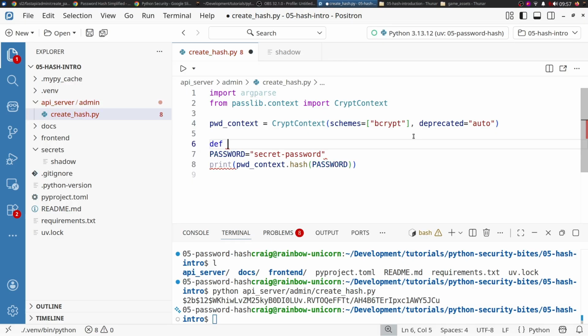And then we'll do def create password, which will receive the password from the command line as a string. So it might be in the command history, but at least it's better than having it be in here. And we'll return the